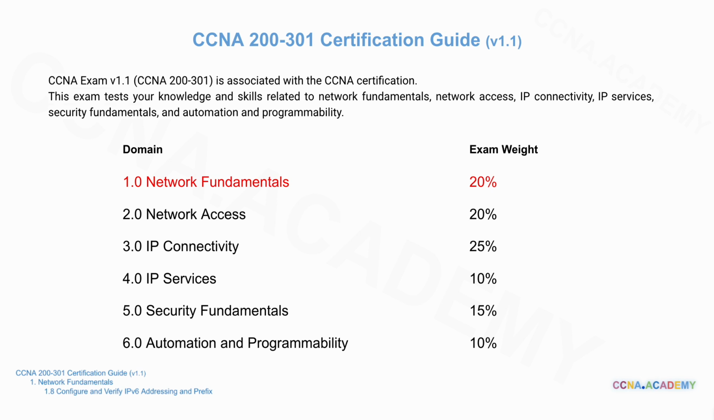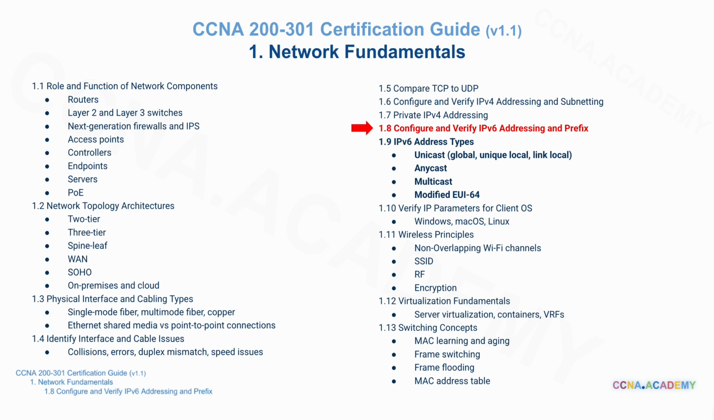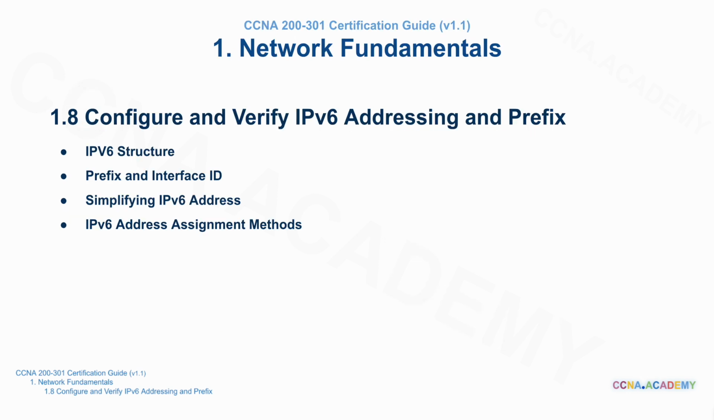Welcome to this session on CCNA tutorial, Network Fundamentals. This video is aligned with Cisco's official CCNA 200-301 exam blueprint and is designed to guide you step-by-step towards certification success. In this lesson, we cover Section 1.8, Configure and Verify IPv6 Addressing and Prefix. We'll go through how to configure and verify IPv6 addressing and prefixes. You'll learn how IPv6 addresses are structured, how prefixes and interface IDs work, and the main ways to assign IPv6